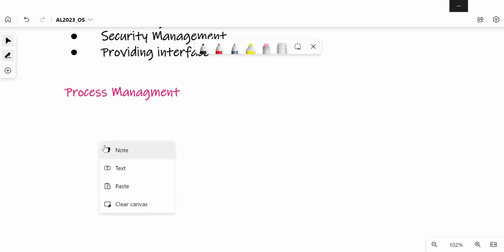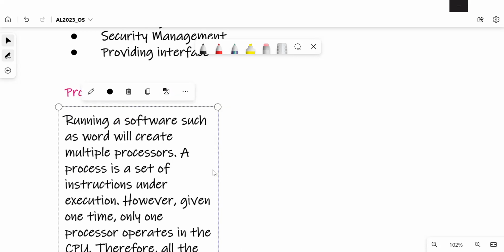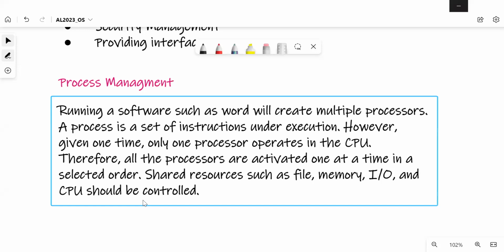Right. Now, a few things we need to note. When you're running a software, in process management, I will give you time to take down. When you want to run a software, what will happen? It usually creates multiple processes. A process is a set of instructions. At a particular point in time, you can have only one process running inside the CPU.